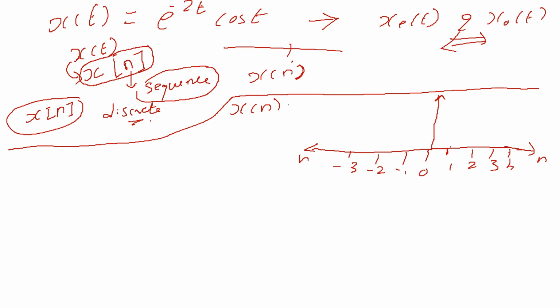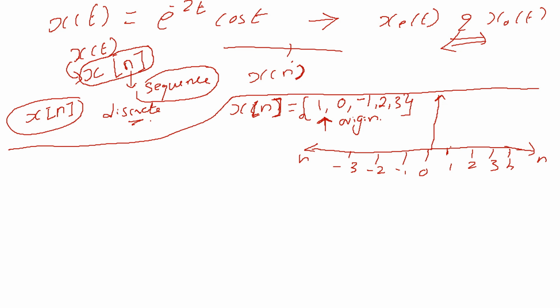X of n is equal to, again look, even if I forget this, please use a square bracket. Generally the sequences will be given in terms of numbers, for example this particular case 1, 0, -1, 2, 3. And you have to watch out for this arrow mark. This arrow mark denotes origin.